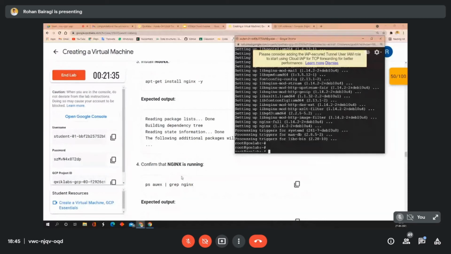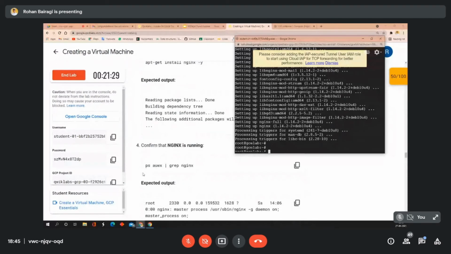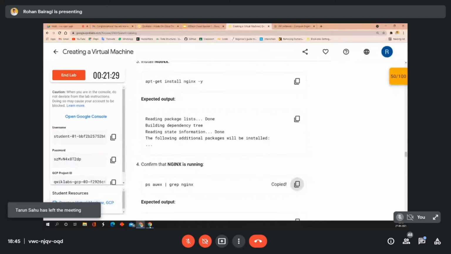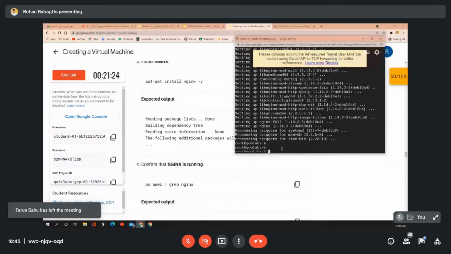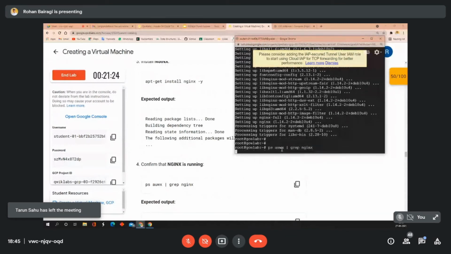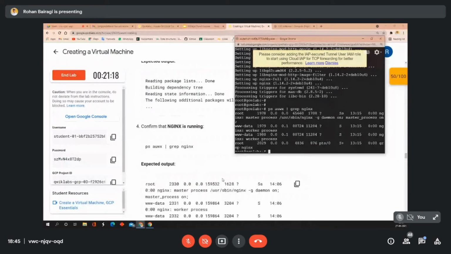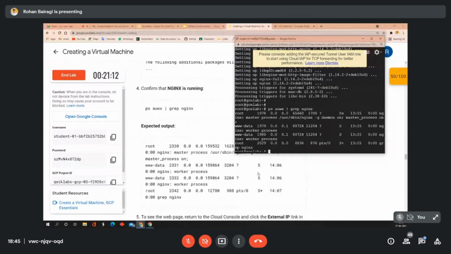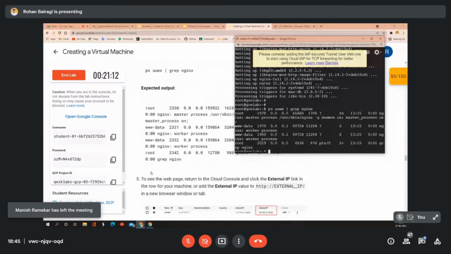Now, to confirm that the Nginx server is running, select this command: ps auwx | grep nginx. Copy and paste it here. So you can see that the expected output and the output which we got on this terminal are the same, which means Nginx is running. Now step 5 is